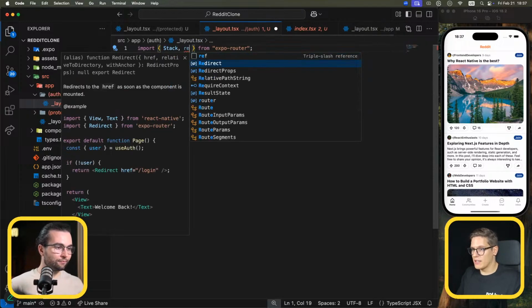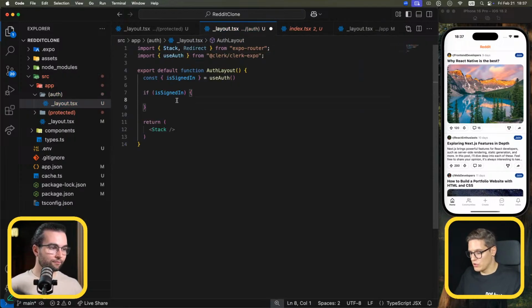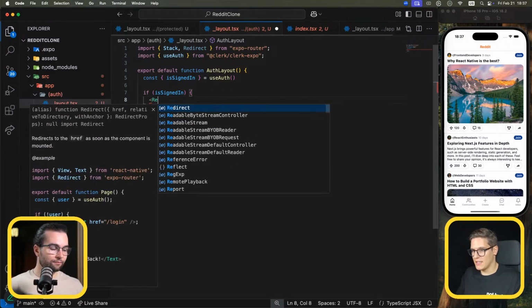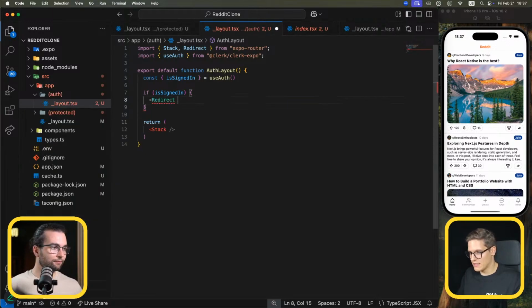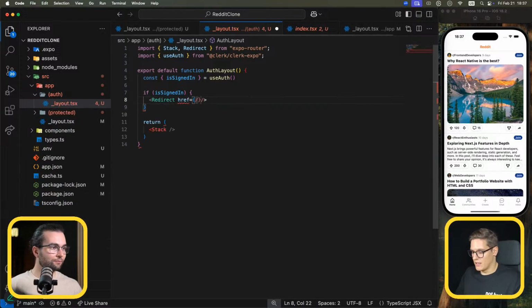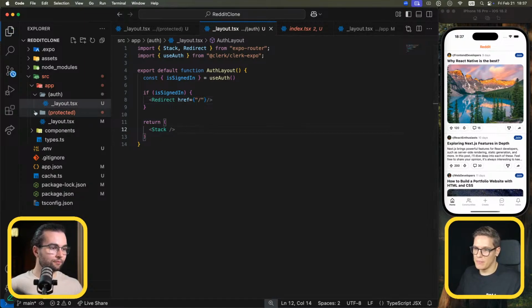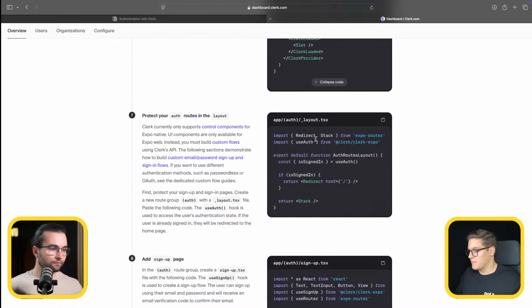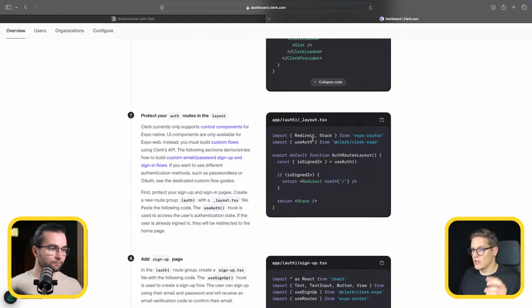So we will import redirect. And just like there, we will call redirect to the home screen, which is going to be the index basically in the protected tabs. And yeah, now we have all the protections for all of our routes,